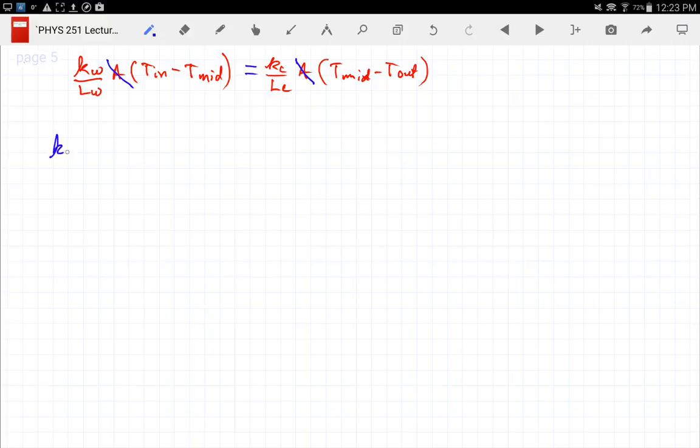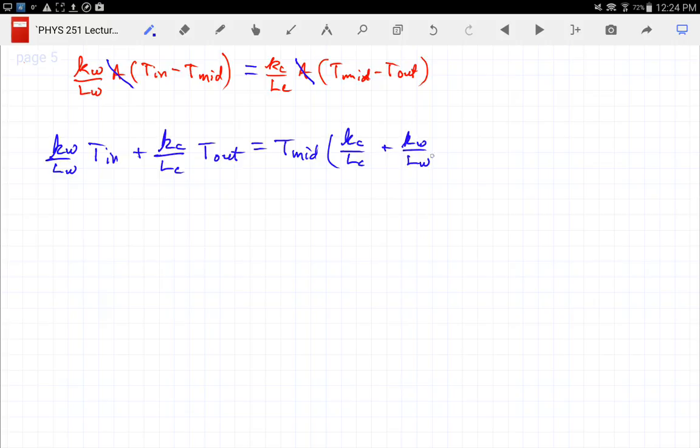And that will give me on the left side, so T mid is equal to